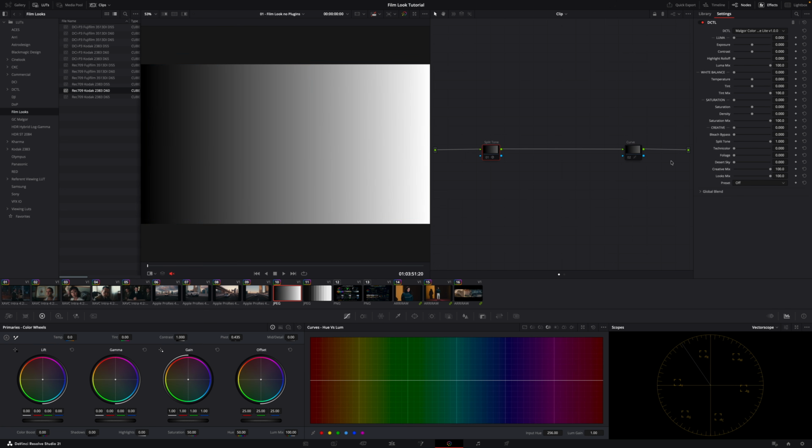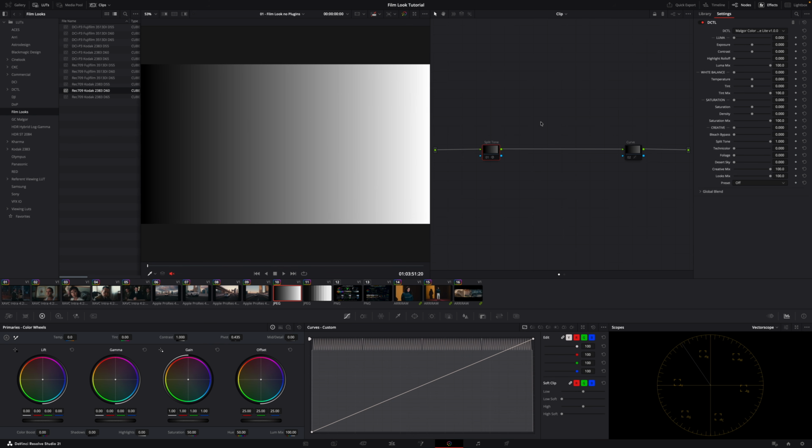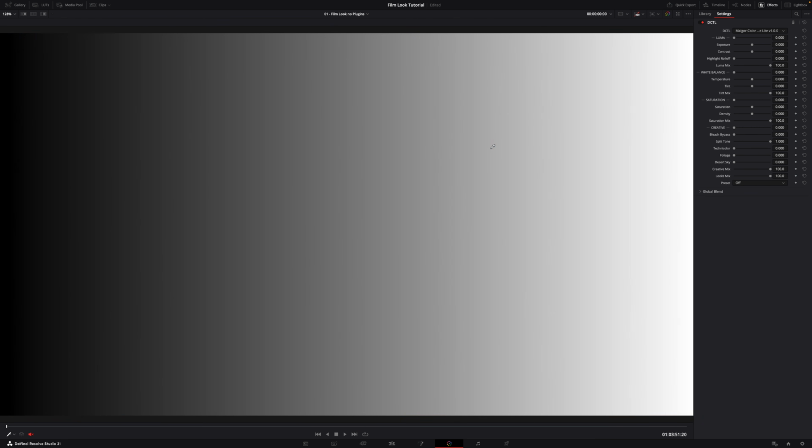So one of the key aspects from the Kodak 2383 LUT is two things. It's changing how it reacts to color and the contrast curve or tone curve. In this case, I'm using my own plugin to demonstrate the split toning, which is based on the same LUT. And what it does, which you can clearly see here, is it turns our shadows into cooler territory and our highlights warmer. As you can see here, if I turn it off,